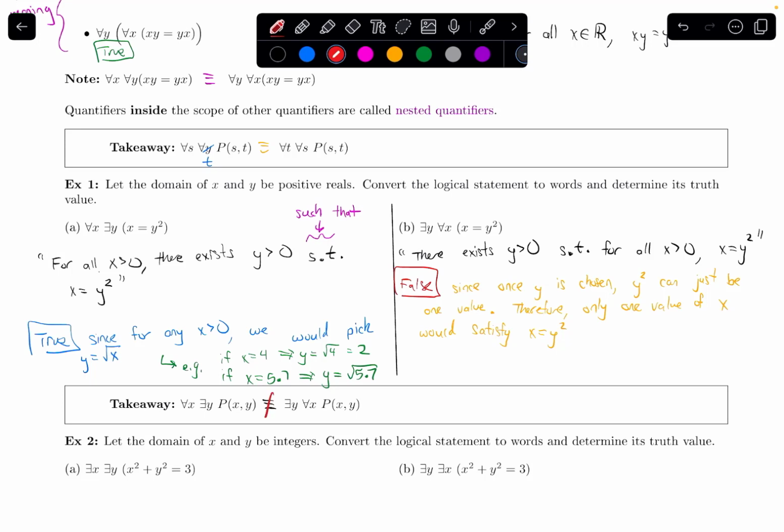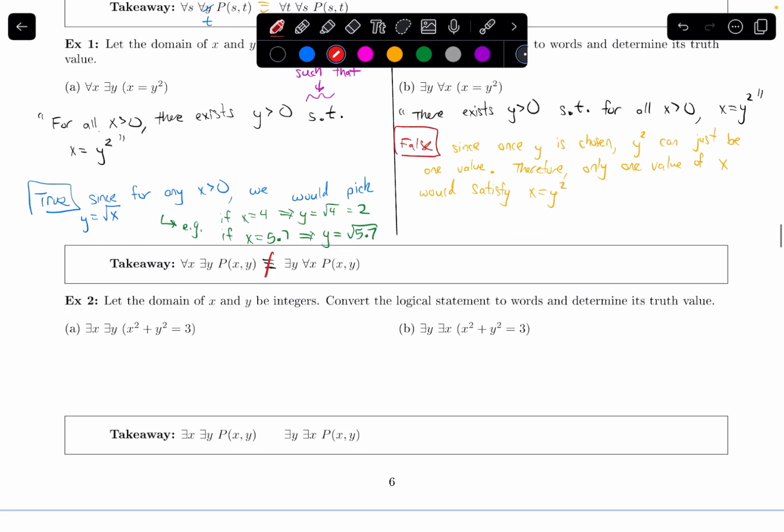Okay, so I'm going to end with one final example in this video. What if I now switch to there exists quantifiers? So for this example, I'm going to let the domain of x and y be integers, and I want to convert these statements to words and determine their truth values. Okay, so part A, I got there exists x first. So this would be saying there exists, or I could write more shortly, there is an integer